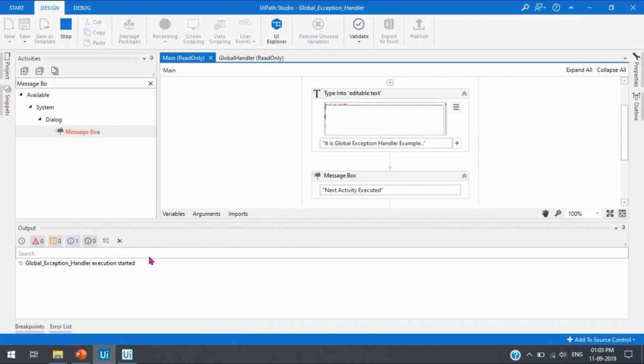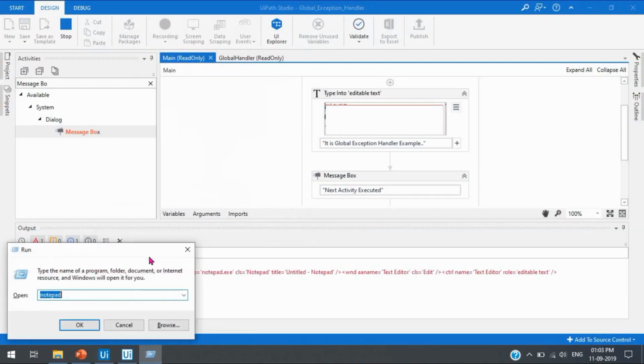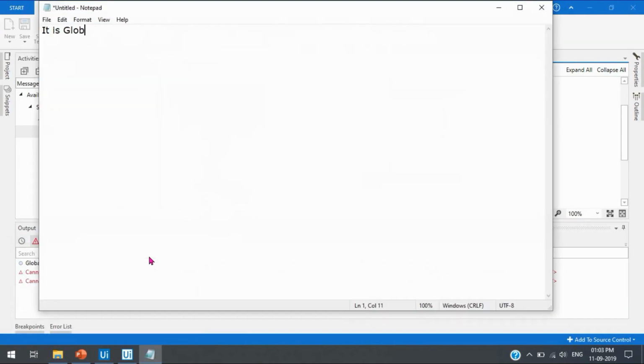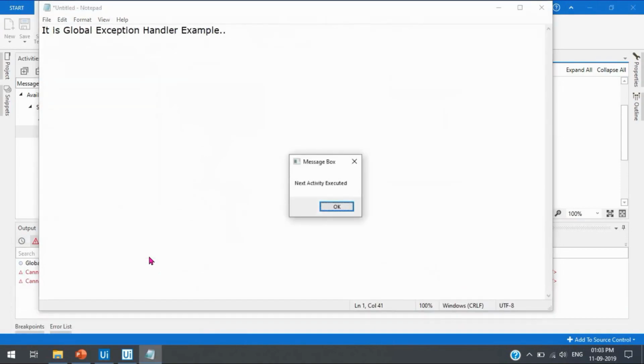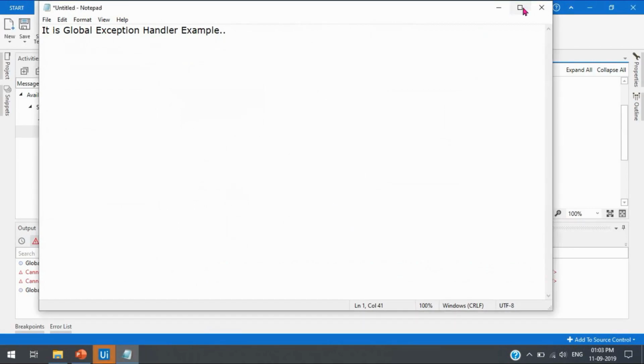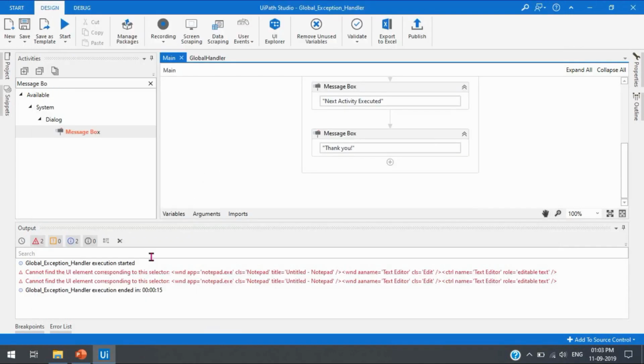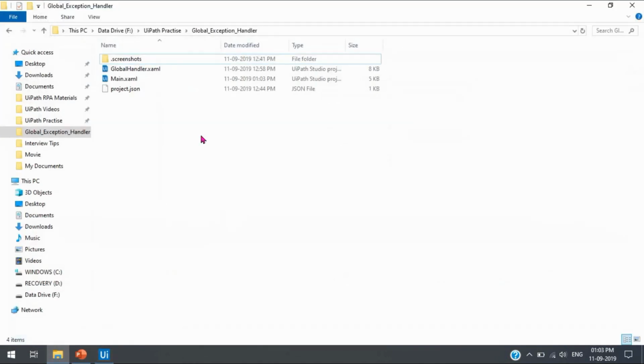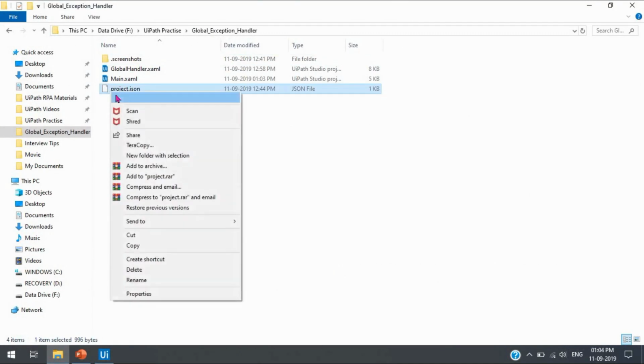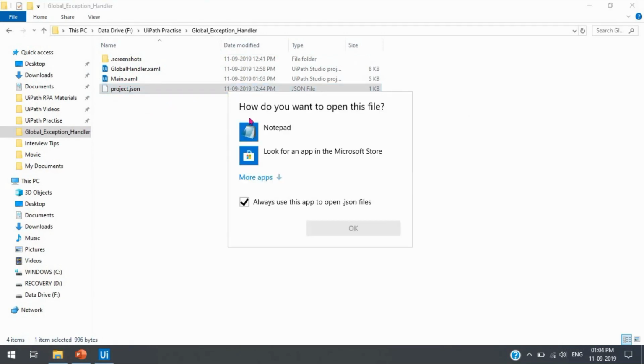So after the first time error, I'm going to open this notepad. Okay, second time, and this is the third time. It found that notepad and it is showing the message box also. Everything is done, right? Now I am going to show you that project.json file here. Open this in the notepad